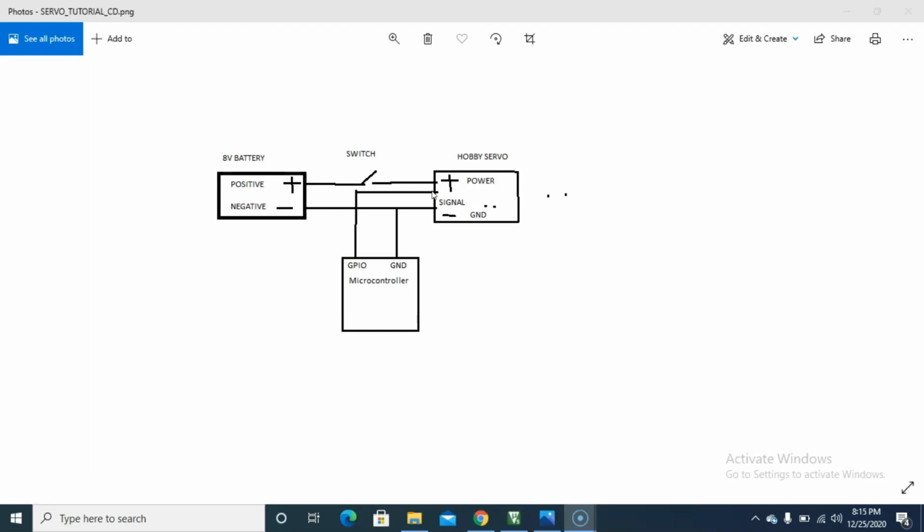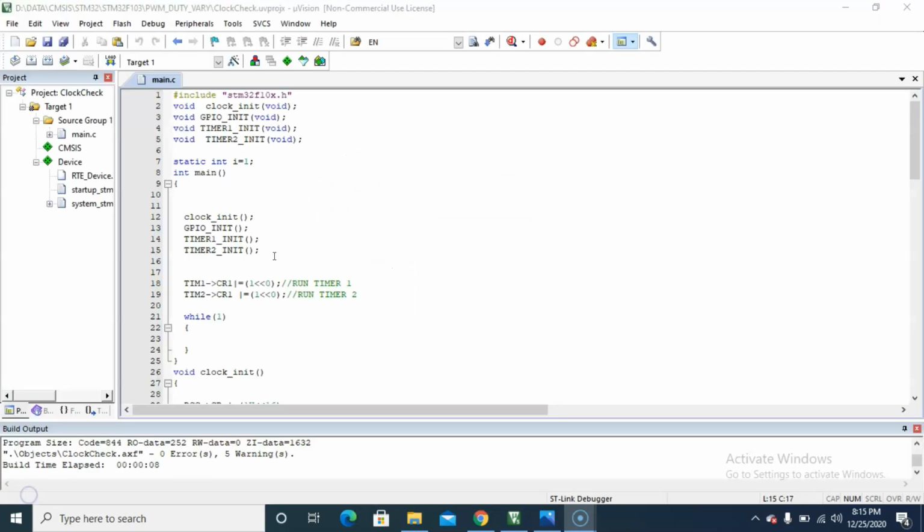So let us go to our code and see how we are coding for this PWM signal in SimSys. This is the view of the code which we are feeding the STM32 and getting a PWM signal of 50 Hz, 1 millisecond to 2 milliseconds duty cycle, which is varying continuously.